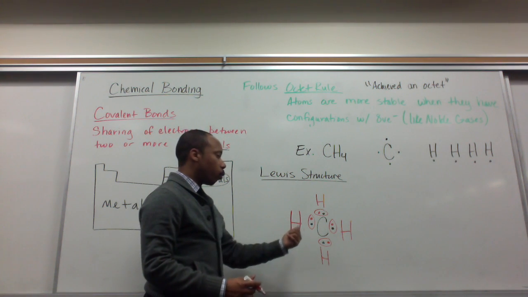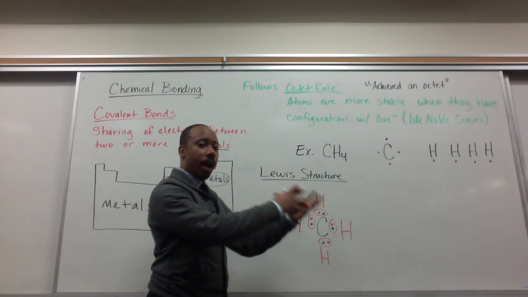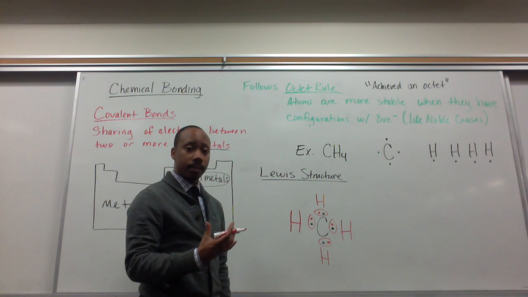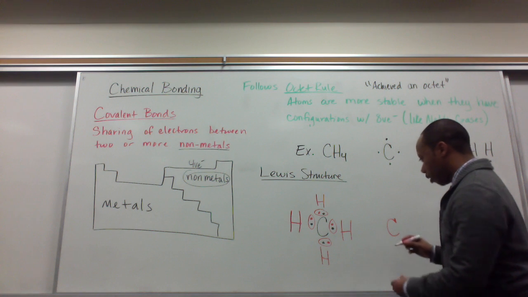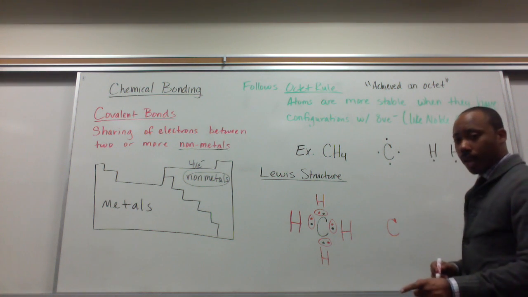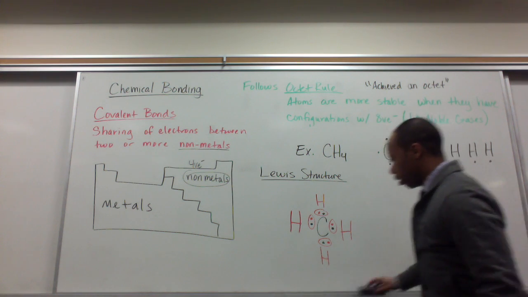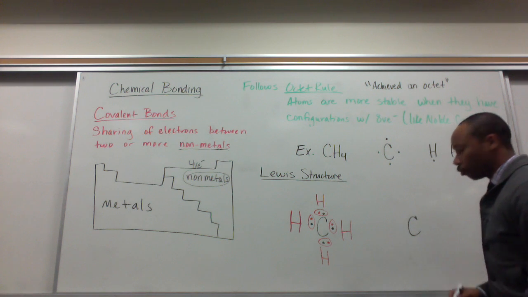Now this is one way of drawing it. We usually don't draw them like this in the higher levels. We usually make these pair of electrons into a line. So another way of drawing this would be carbon as your central atom. I'll actually erase this and keep the same color scheme. Carbon as my central atom,